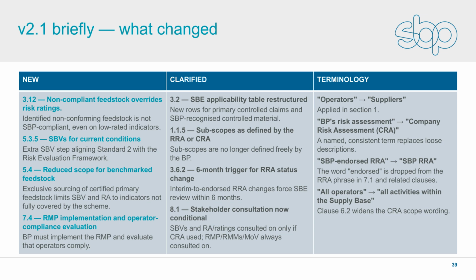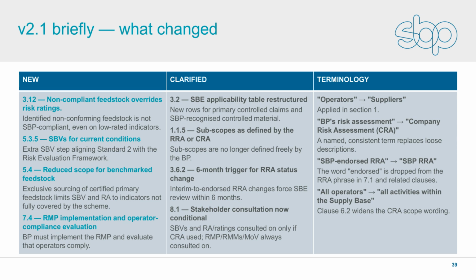We've covered a lot of ground in this module, so let me pull the version 2.1 main changes together on a single page. Think of it in 3 columns. On the left, genuinely new requirements. There are 4: clause 3.12, which says identified non-conforming feedstock is never SBP compliant regardless of the risk rating. Clause 5.3.5, which adds a step to the SBV cascade for current conditions on the ground. Clause 5.4, which streamlines the workload where primary feedstock is certified to an SBP benchmark scheme. And clause 7.4, which says you must implement the risk management plan and actively evaluate that your operators are complying